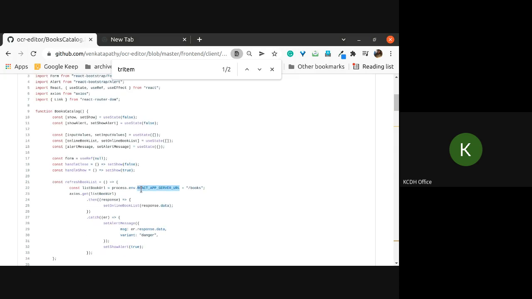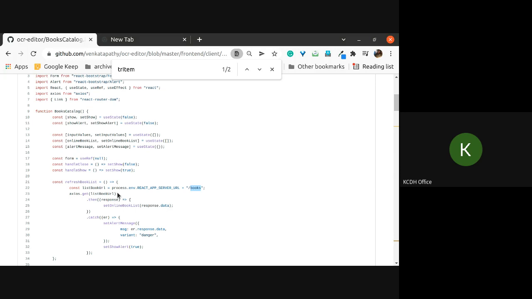You can see that the server address is given and there is /books, so that there is a disconnect between what is happening in the client and what is happening in the server. The server can do anything, but ultimately it should send us a JSON response. I will urge you to take a look at this in a more detailed way. If you can right click, for example. I hope I can show.